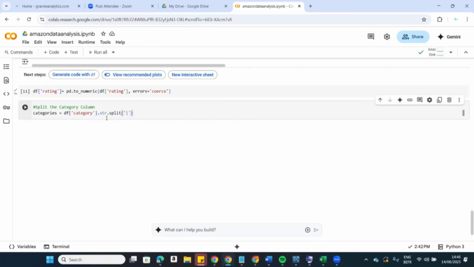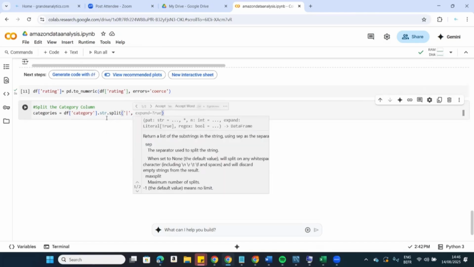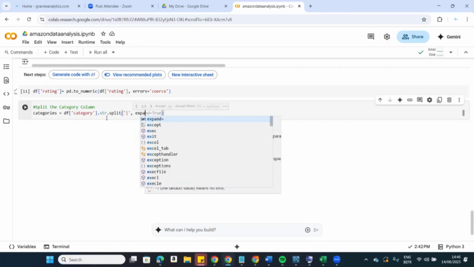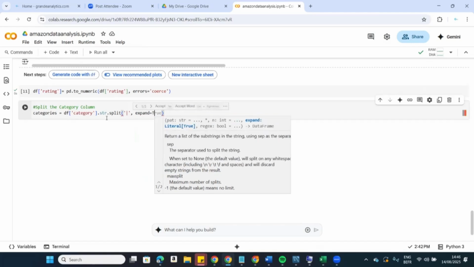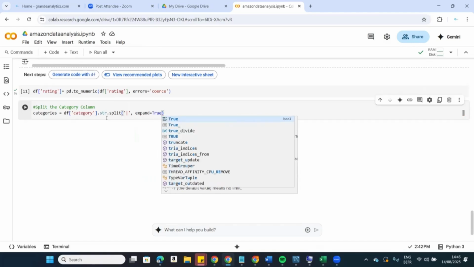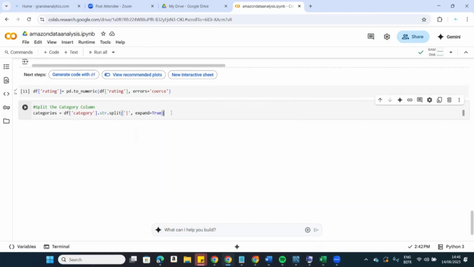Yes. And we are going to tell it if it should expand or not. So expand equals true. Meaning we're expanding the column by this slash. Wherever this slash is found, it's going to be a new column. That's what it means. So then we are going to go df